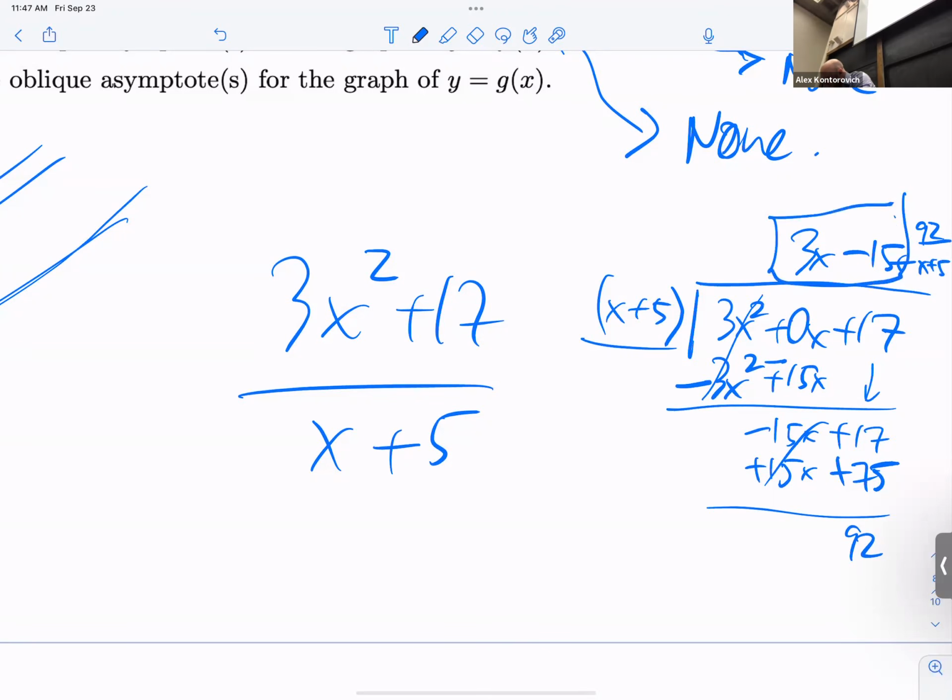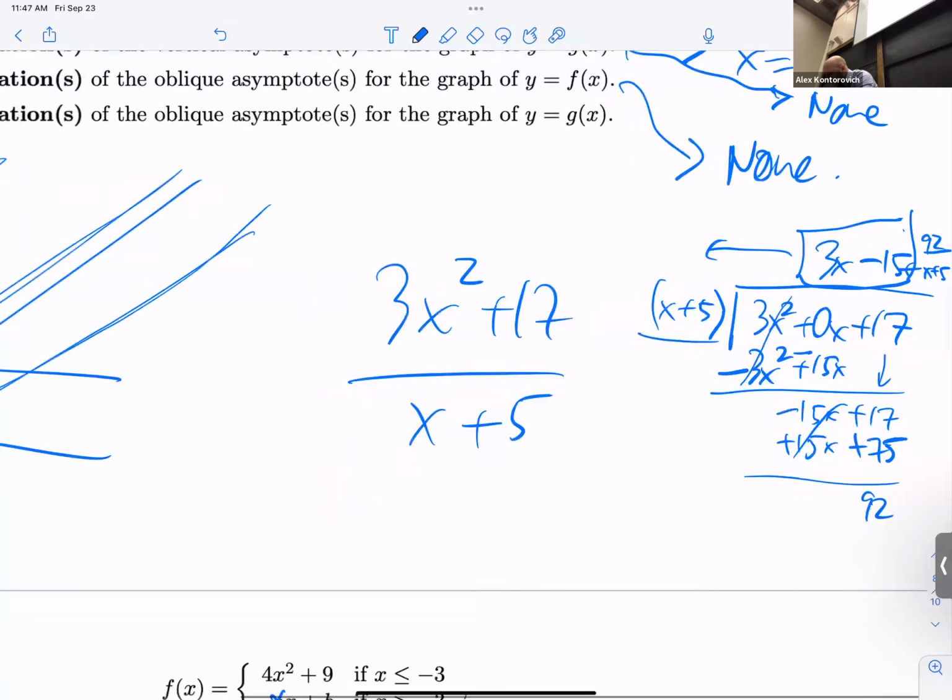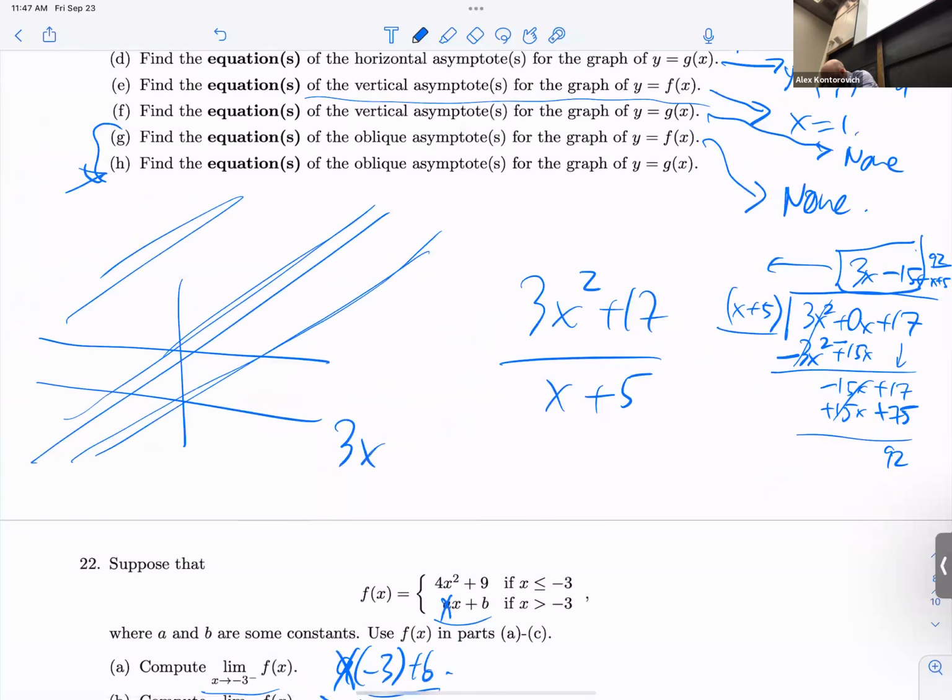This is the oblique line. So 3x minus 15. I had a -75. And then I changed the sign of both of them because that's how much I've taken into account already. I think I got that right. I could have gotten any of these things wrong, so please check at home. But I think that's the oblique asymptote for G. That's the entire 22 problems in roughly 80 minutes. You will have many fewer problems, and I hope you will be able to get through them in